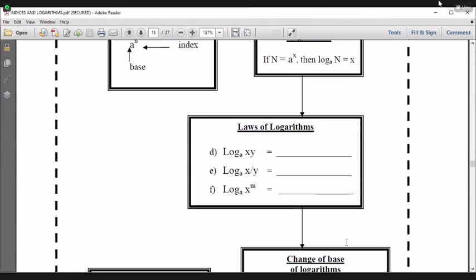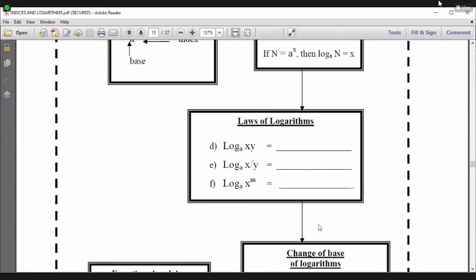Now, because we want to look at some demonstration exercises, what about this? Log to base A of x power m. M times log to base A of x. Isn't it? Yes. So now with that foundation,